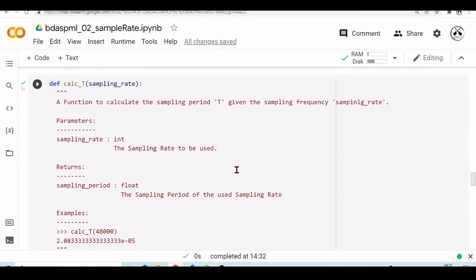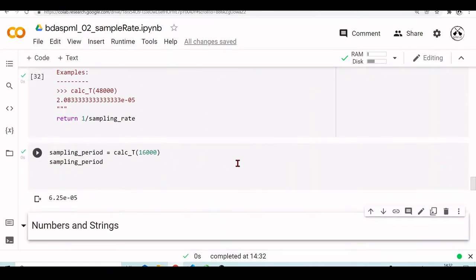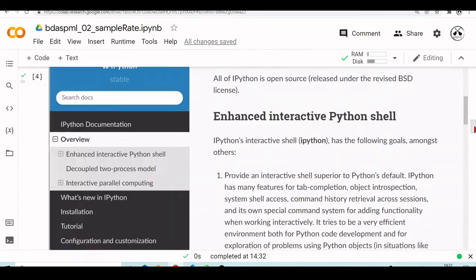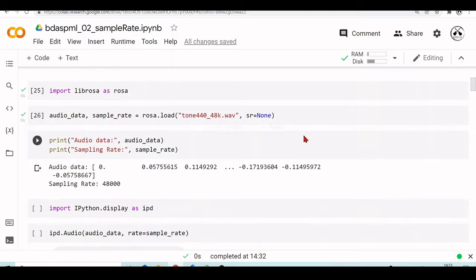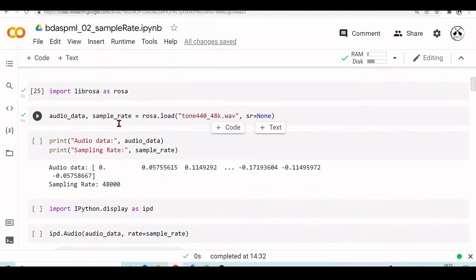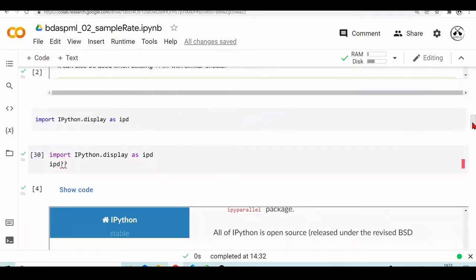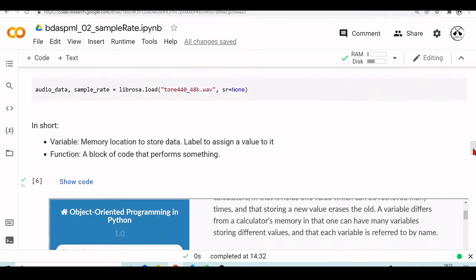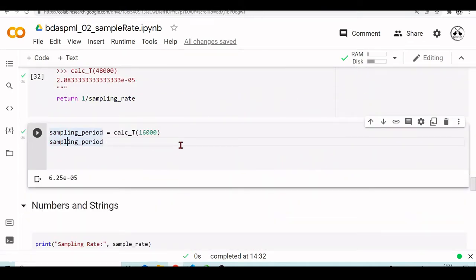So we've seen functions, we've seen variables, but we need also to talk about numbers and strings. So this function is returning values, and we need to know what these values are. So we need to understand how Python uses numbers and strings. Just before we go into it, I will use another keyword that's called type,